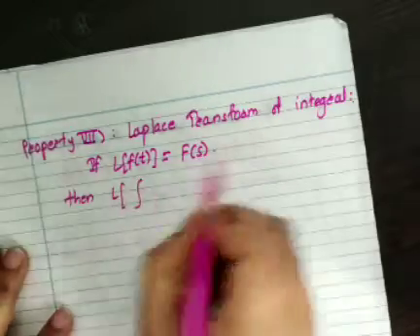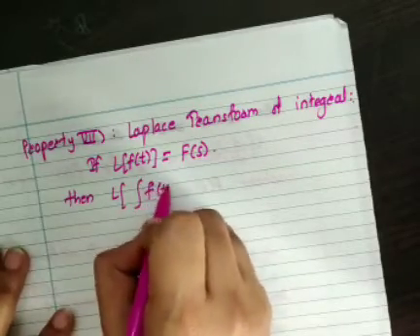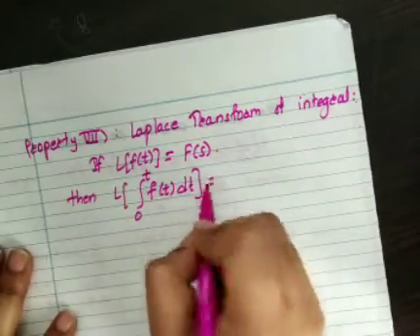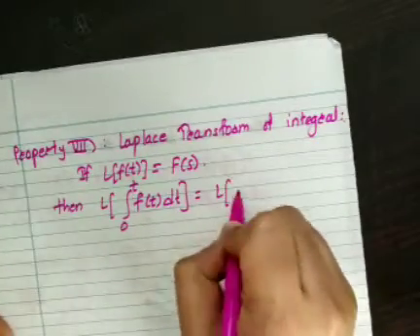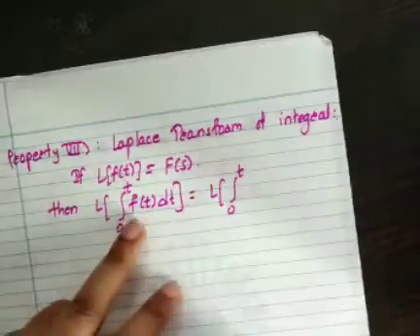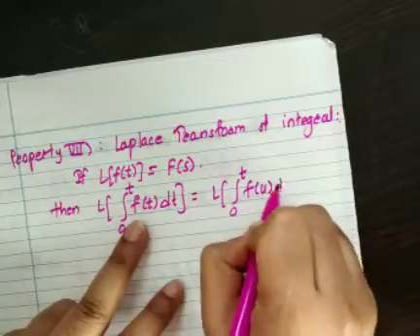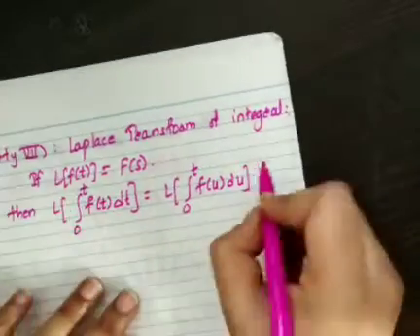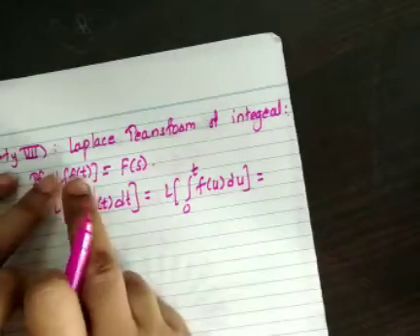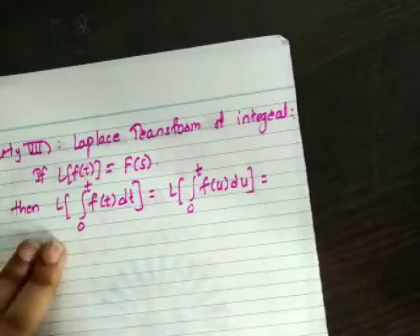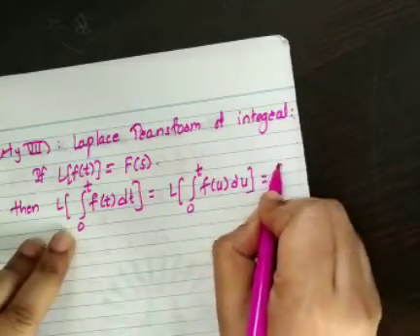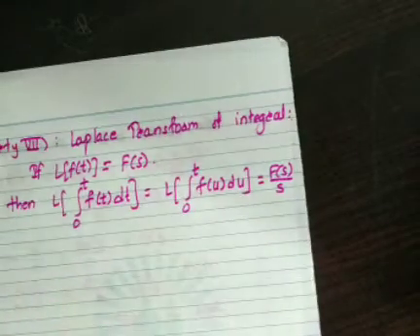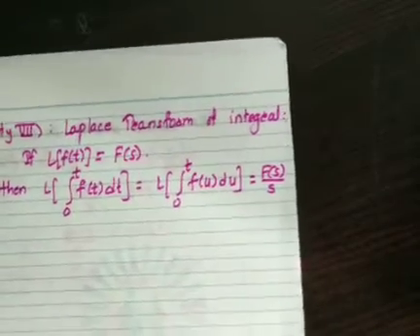the Laplace transform of the integration of f of t from 0 to t, remember this integration is from 0 to t, and in the integration part we can change the variable to any other variable, that is we can write f of u du also, is defined as: if on that function we take integration from 0 to t, we simply have to divide F of s by s. Therefore,